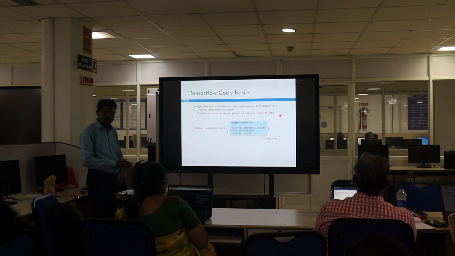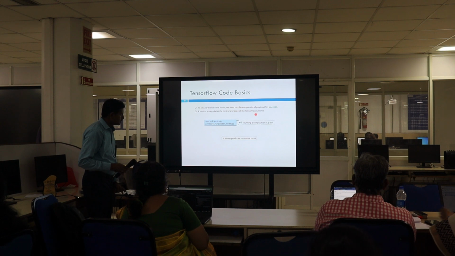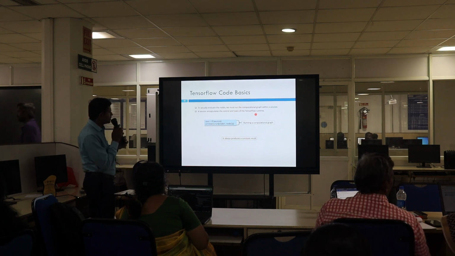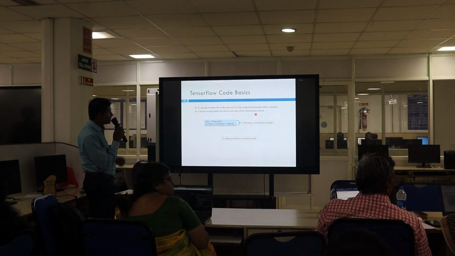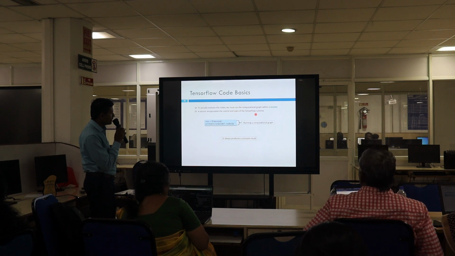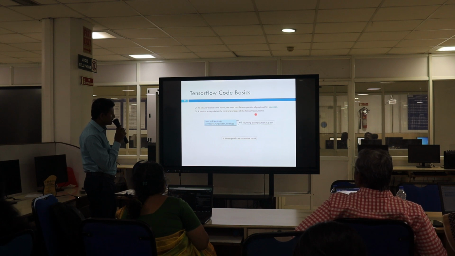Nice. I think everyone has completed the first program, right? Yes. We go with the second. To actually evaluate the nodes, we must run the computational graph within a session. The session encapsulates the control and state of the TensorFlow runtime. So here tf.Session is used to run the computational graph.